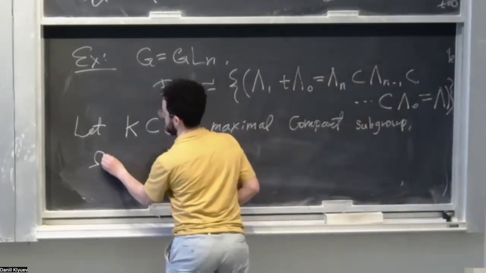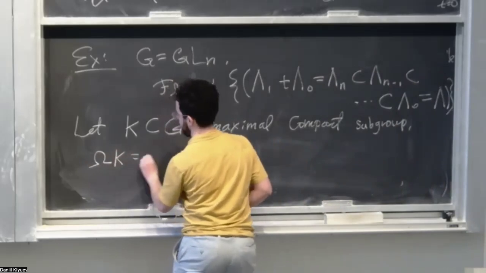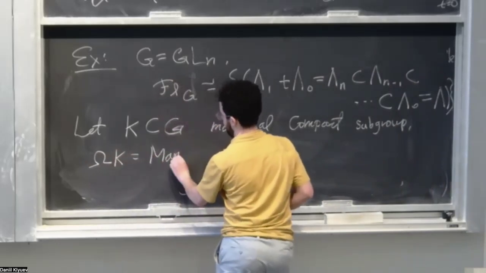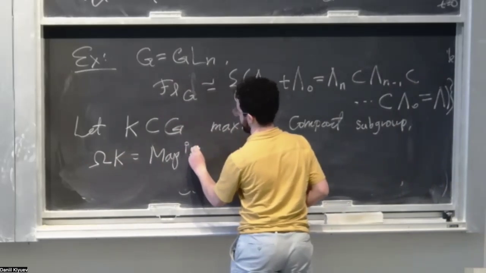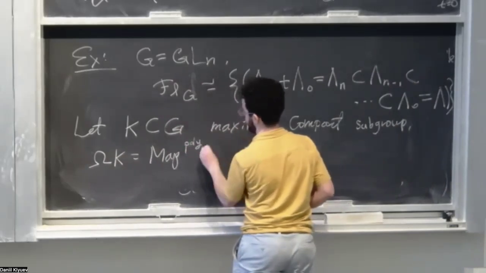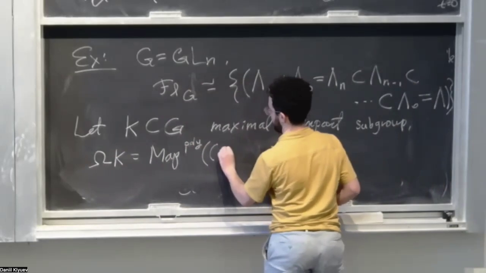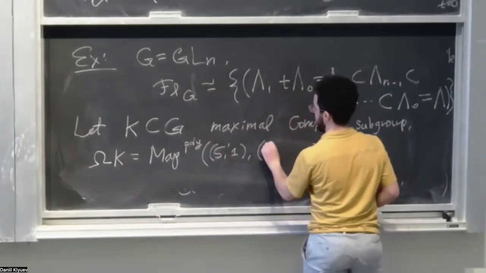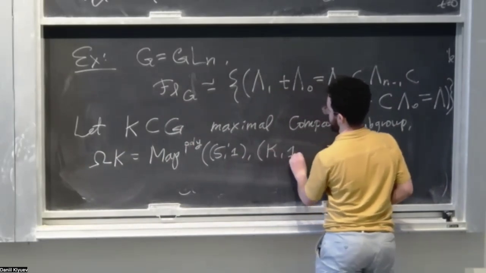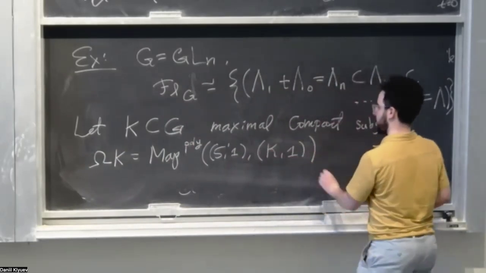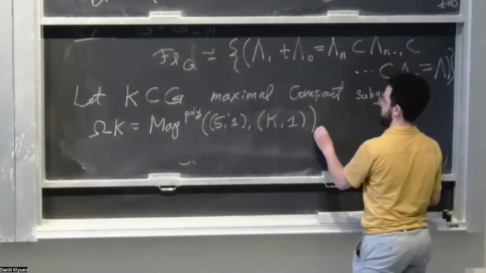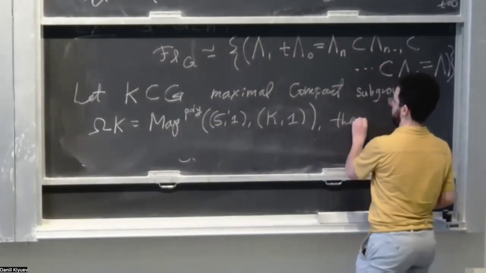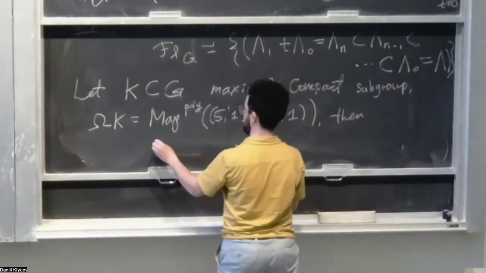Loop of K is the polynomial maps from S1 to K. Then we have a map